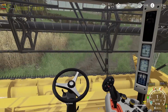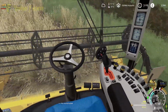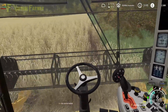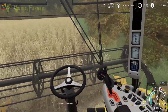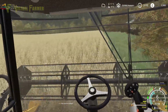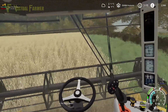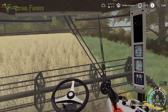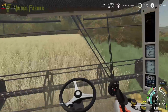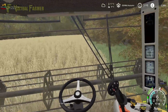And as we go around the field, my reasoning for doing this will become more and more apparent. Because this field, more than any other, has a lot of low-hanging branches very, very close to the side of the field. Now, at this end of the field, it's not so bad. They get a bit close. Down the bottom end, we start seeing them encroach towards the combine a bit,